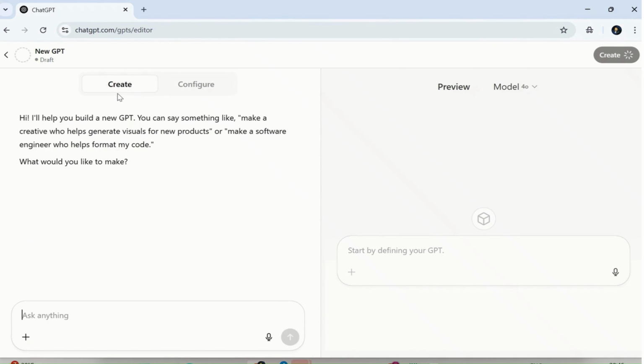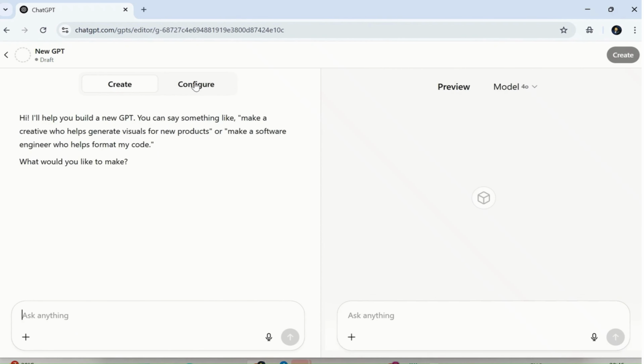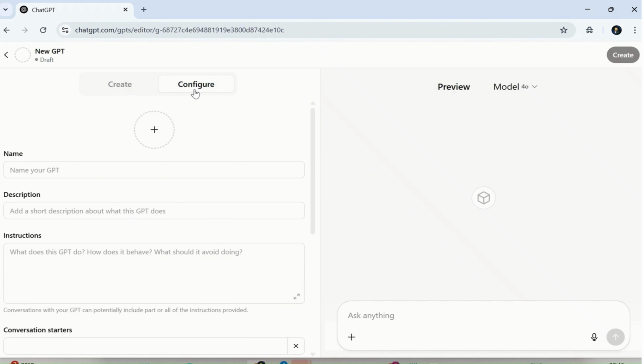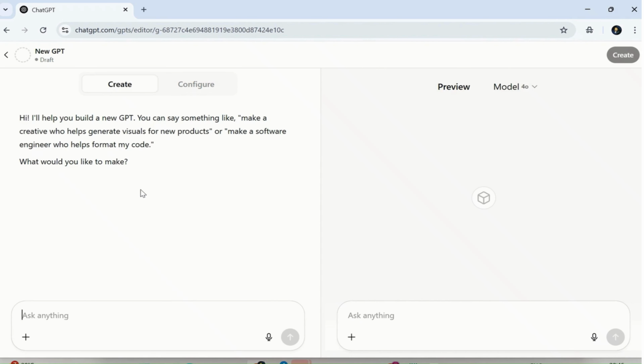There are two options available. One is create and the second one is configure. I would recommend, since you are new or yet to start with ChatGPT, just start with the create option. When you say create, you can give your prompt in basic English, and it will understand that language and give you the model creation properly. In this scenario, here is what it's written: